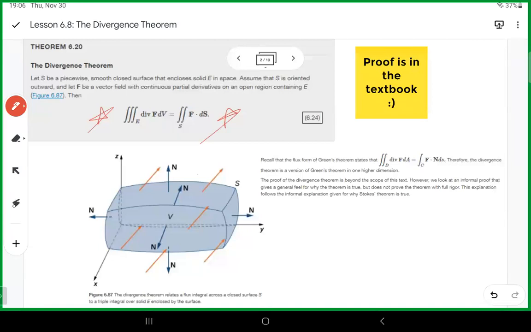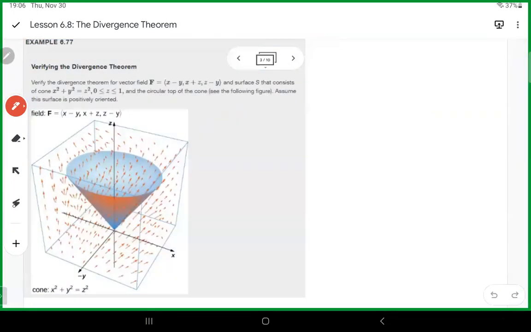All right, look at our first example. Verifying the divergence theorem for the vector field F and the surface S that contains the cone and the circular top of the cone. See the following figure. Assume that the surface is positively orientated. So let E be the solid cone enclosed by S. To verify the theorem for this example, what we have to show is